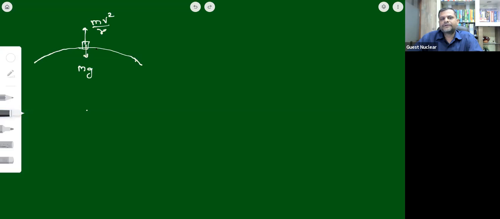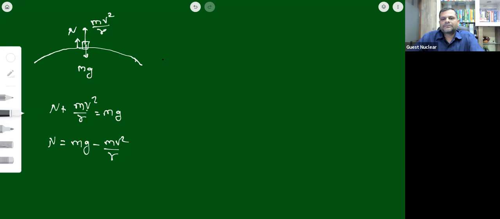Okay, so that's why we can see this that whenever the vehicle is moving along the curved road or a flyover bridge like this, it will experience the two forces, and in addition to that, the third force acting on it is the normal reaction due to the surface of the road. Surface of the road is also pushing it up in the upward direction, and that's why we can see clearly that the equation of motion of this vehicle will be N plus mv square upon r is actually going to be mg, and hence we can say that this N is actually going to be equal to mg minus mv square upon r. ओके, ये एक बात याद रखो ठीक से।